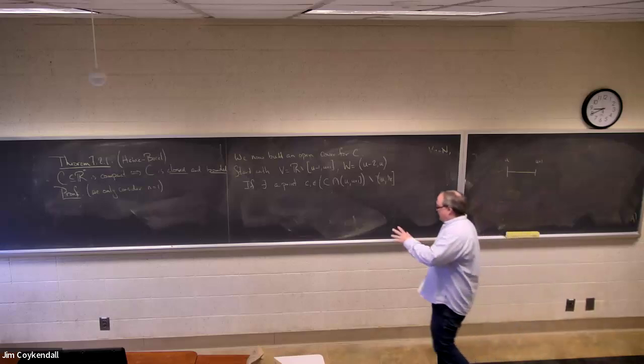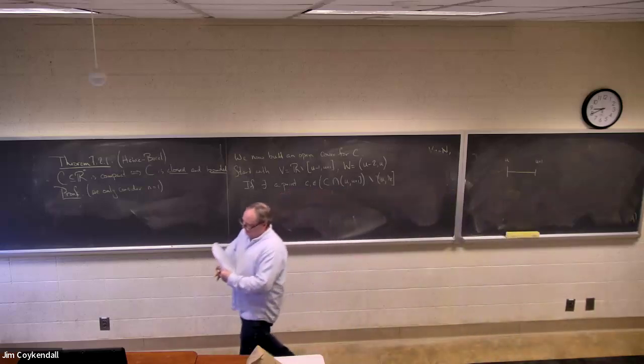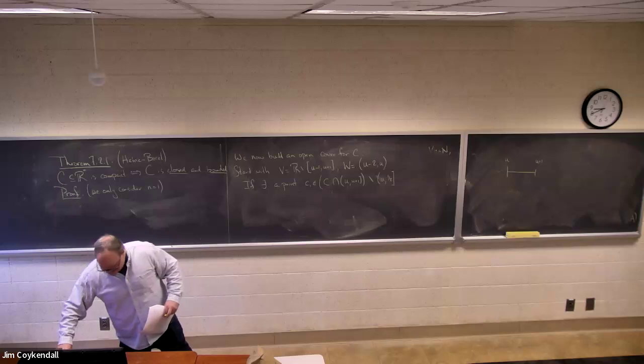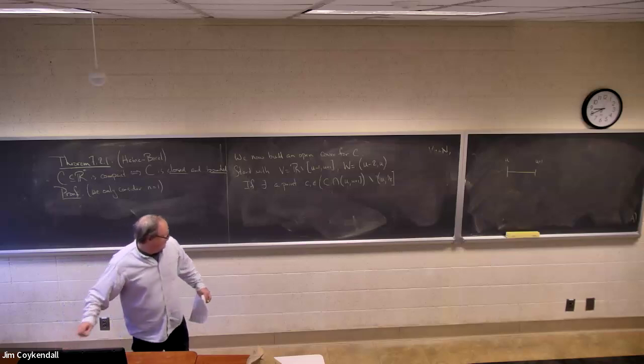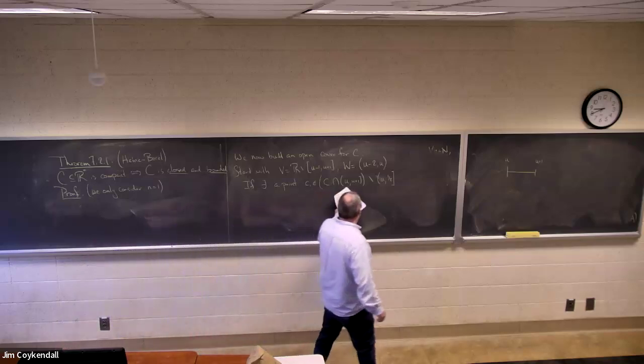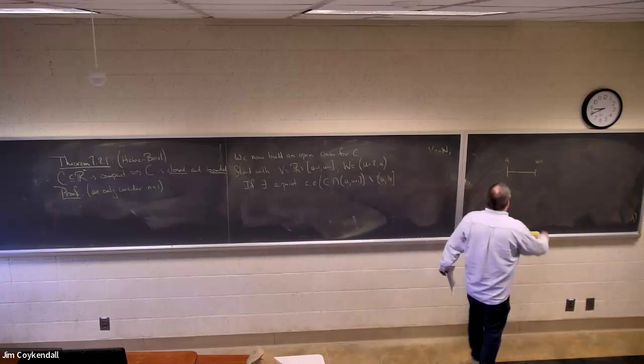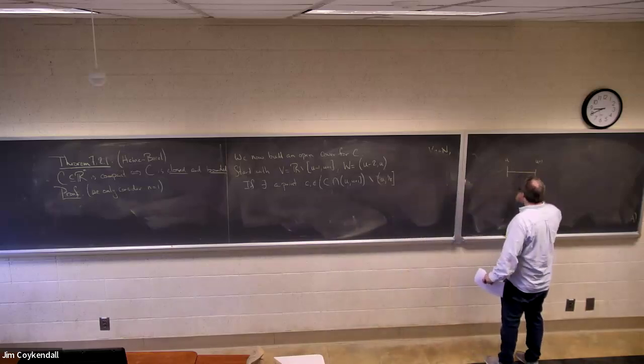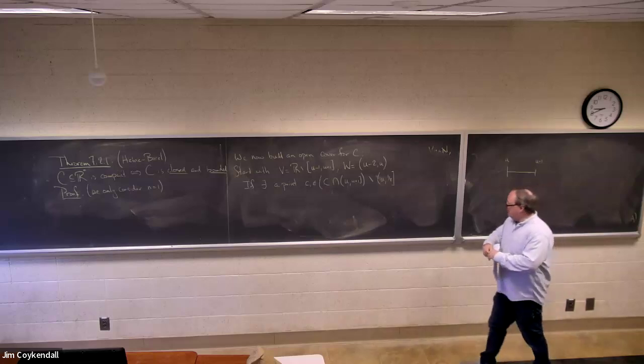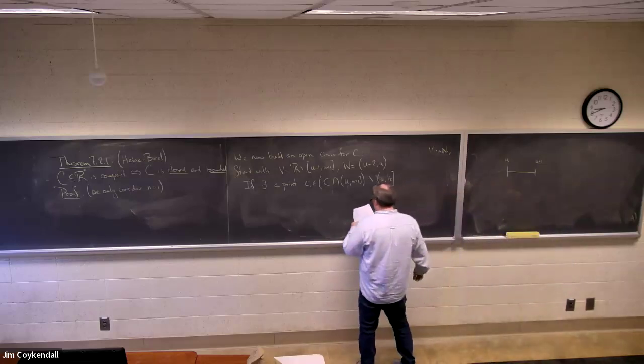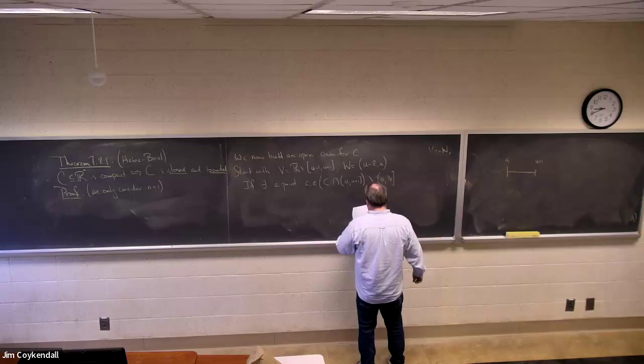Now, if it turns out that we can find a point, say C1, that's in this interval, but not in the interval from here to here. So if there's a point up here, then I'm going to let U1 be